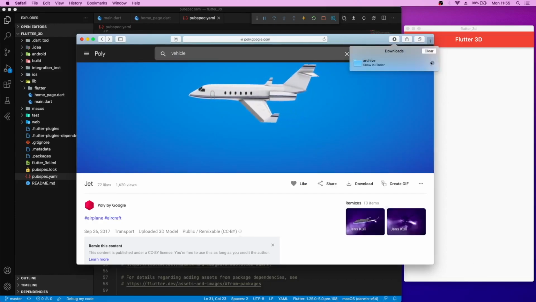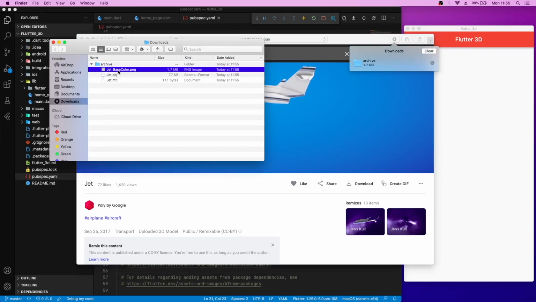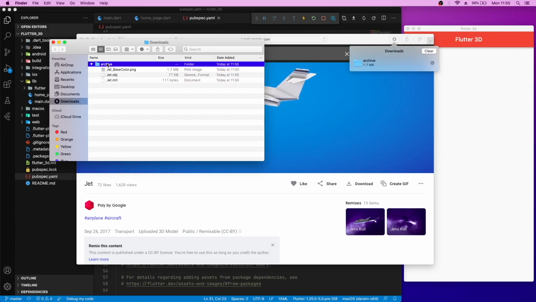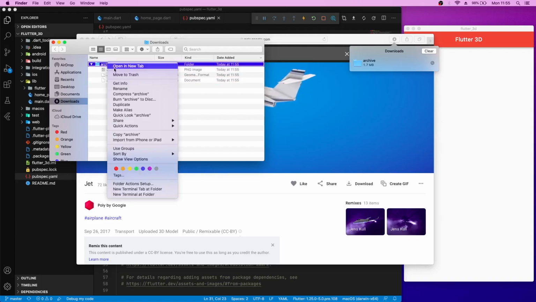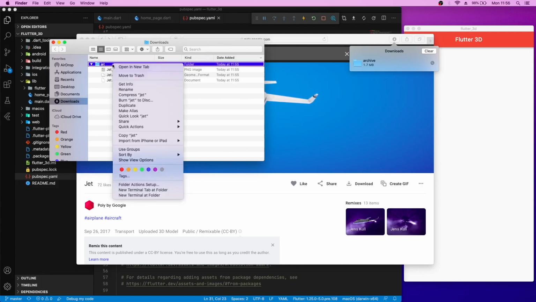And our file has been downloaded as a folder here. The folder name is archive, and we have three different files here. We will be needing all three files. So let's rename it to jet, and let's copy it first.